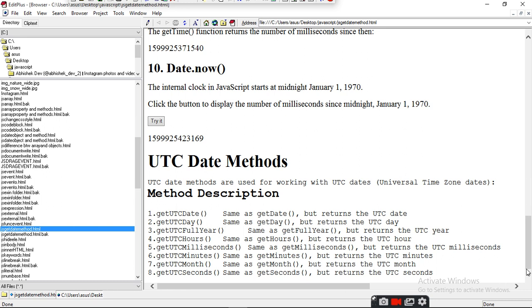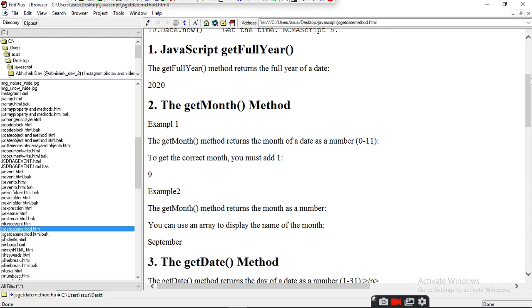Same way, the several things similar to the JavaScript other methods. UTC millisecond will give you a get millisecond. UTC minute will give you a get minute, same as get minute. UTC month is same as get month. UTC second is same as get second. So all these are the get method of JavaScript.